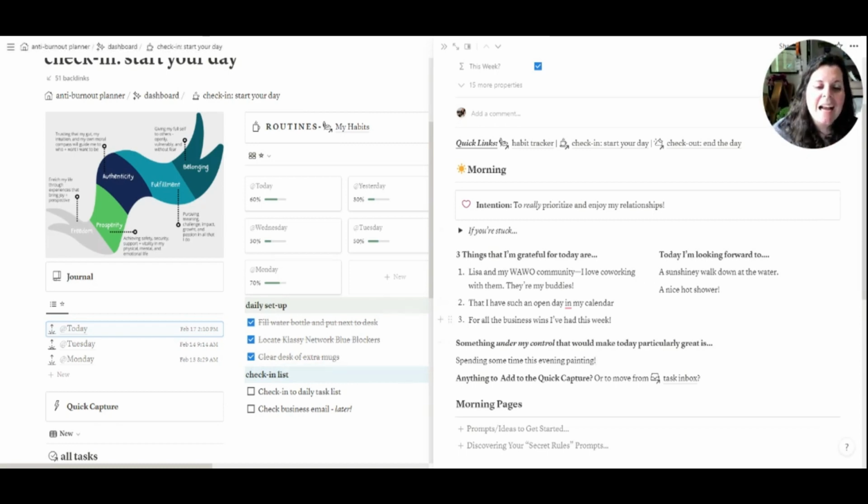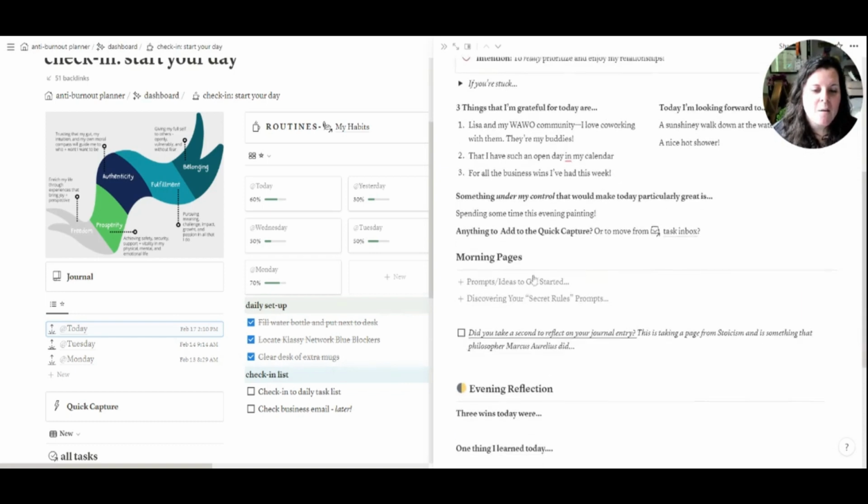So that is how I start off my day. And then I'll do some morning pages. Morning pages is how I usually approach journaling. I do my journaling inside of Notion. I usually do stream of consciousness journaling, just what's on my mind, something I'm thinking about. I'll usually use this space to mull things over, like a business thing I'm brainstorming.